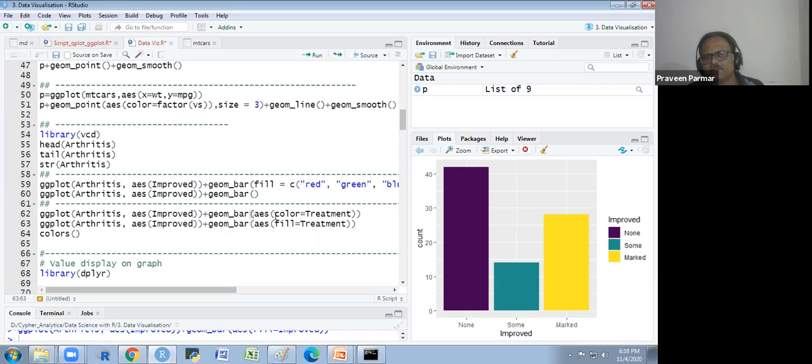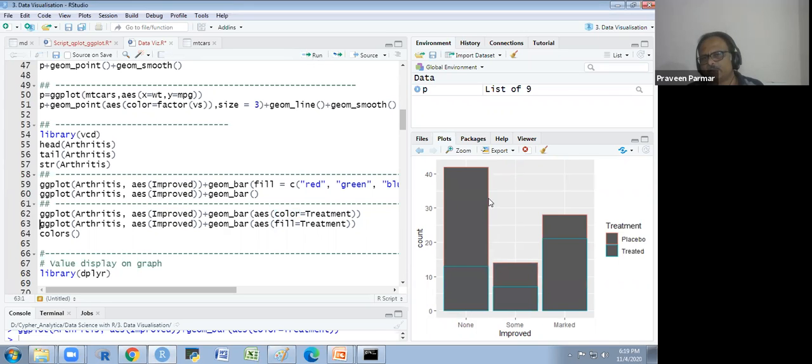I just want to show you that if you write the color, you will get the outline only. If you write the fill in aesthetic, then you will get this. So this is the stack graph. In the geom bar, I have put the fill as per the treatment, so automatically it has converted into a stack diagram. Now we have two variables, improved and treatment. Both are categories. Got it? Yes, sir.